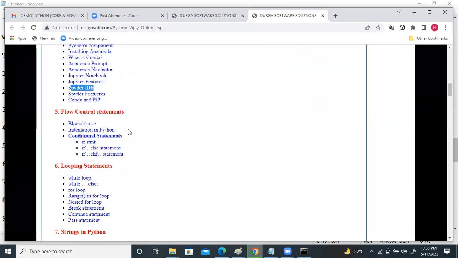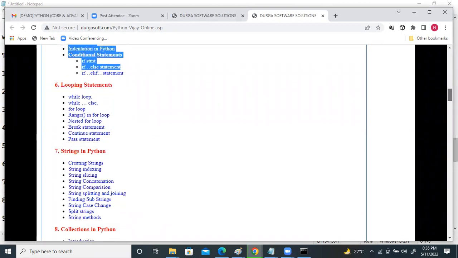Flow control statements, if else, loopings.